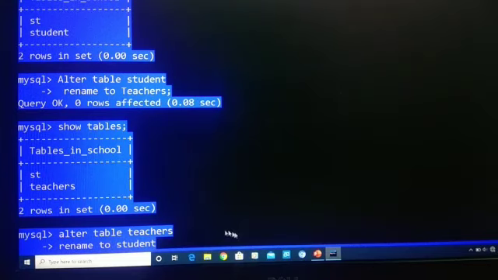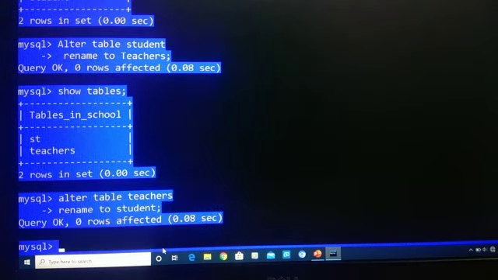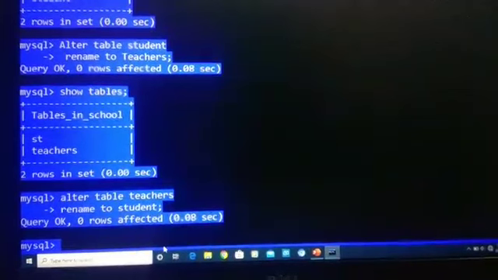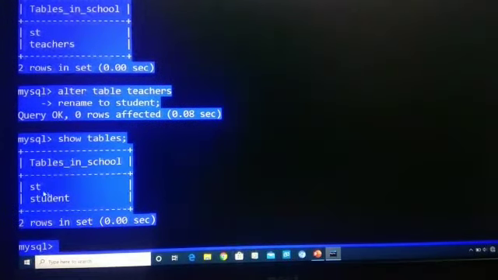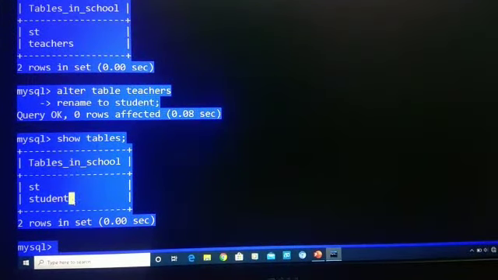So this one is our old name and this one is our new name. Semicolon and press enter. Now query okay. Now again we will check with show tables. Now again it is showing the ST and student tables. Is it clear? So today we learned the alter commands.